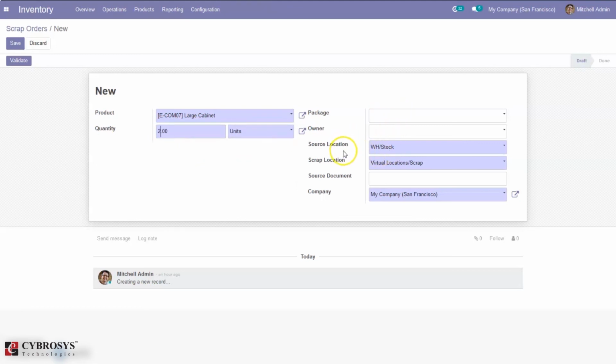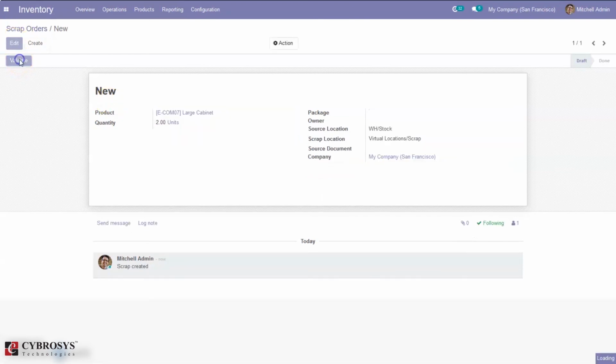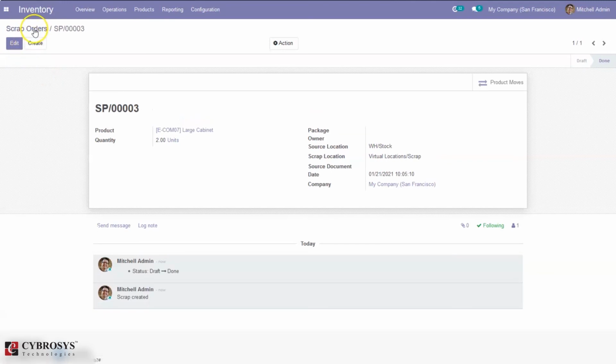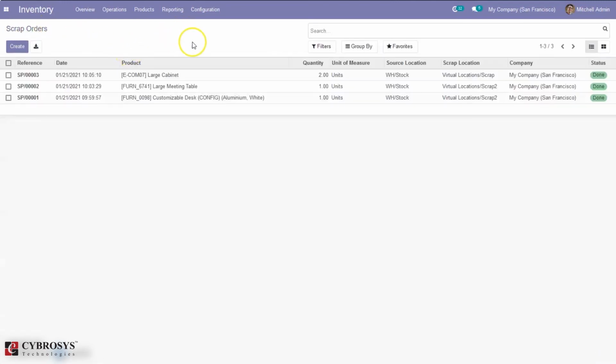Here we can set the source location, scrap location, then the source document, that is the related order or transfer, then the company, and after that you can save and validate the scrap order. This is how we create scrap orders.